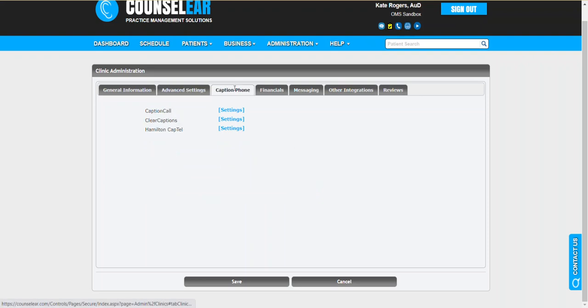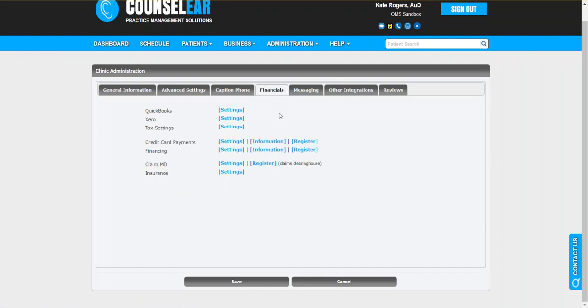As we move here, we can see caption phone services. There are 3 that Counselor directly integrates with that you can activate and then submit caption phone applications directly to from within a patient profile. There's also tools related to financials, right? Set up QuickBooks. This is both QuickBooks Online and QuickBooks Desktop. Counselor also has integration with the accounting system Xero. There's customizations to your tax setting, credit cards, financing,